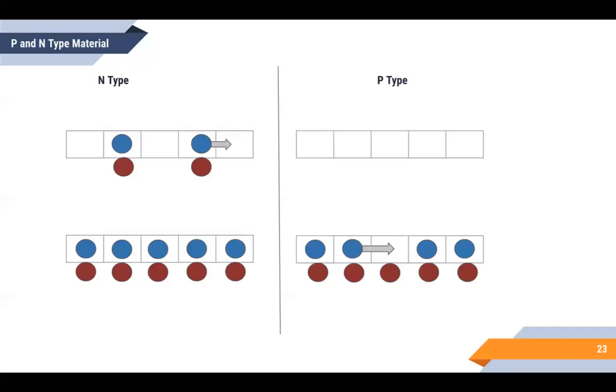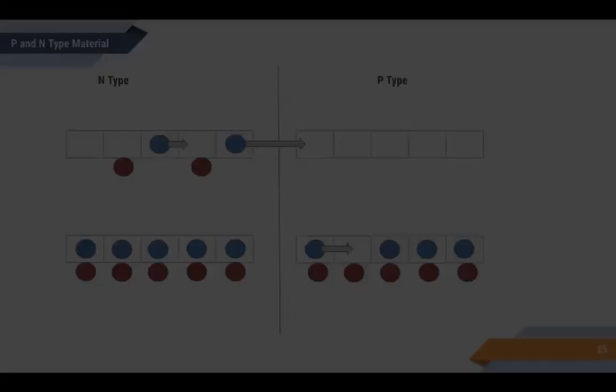The electrons from the N-type material will migrate into the P-type material, and holes from the P-type side will migrate to the N-type. So here's the process slowly. As you can see in the top band, electrons move towards the right, and same with the P-type electrons on the bottom.